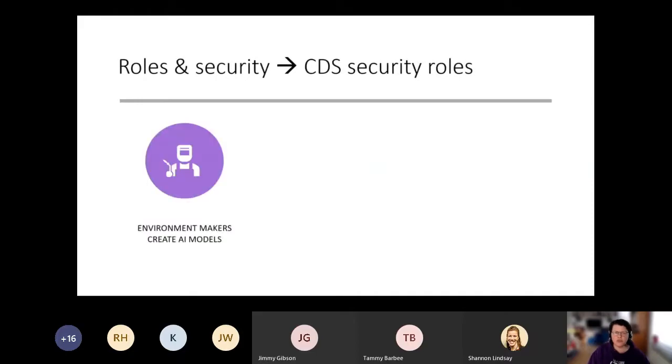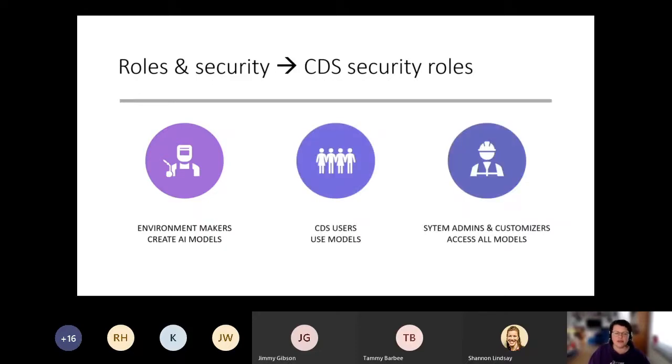The models also make use of the same rules and security that Common Data Service uses. So the environment makers can create AI models. The Common Data Service users can make use of them. And the system admins and customizers can access all models within a certain environment.